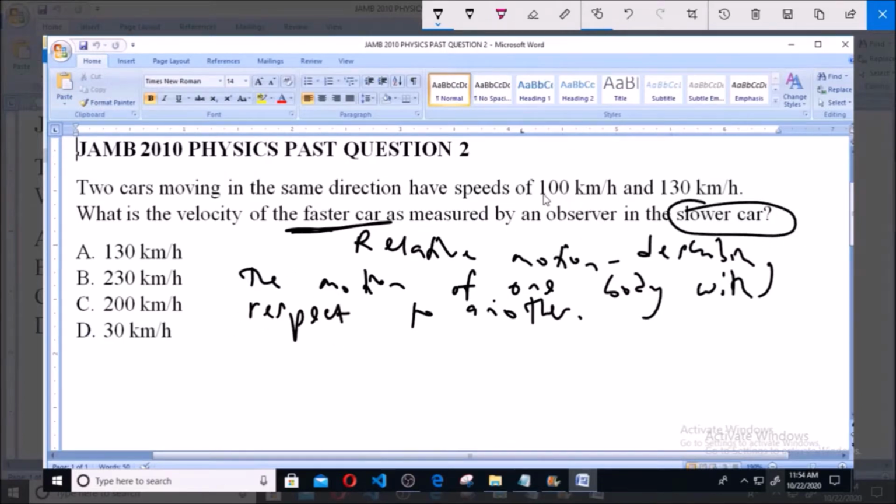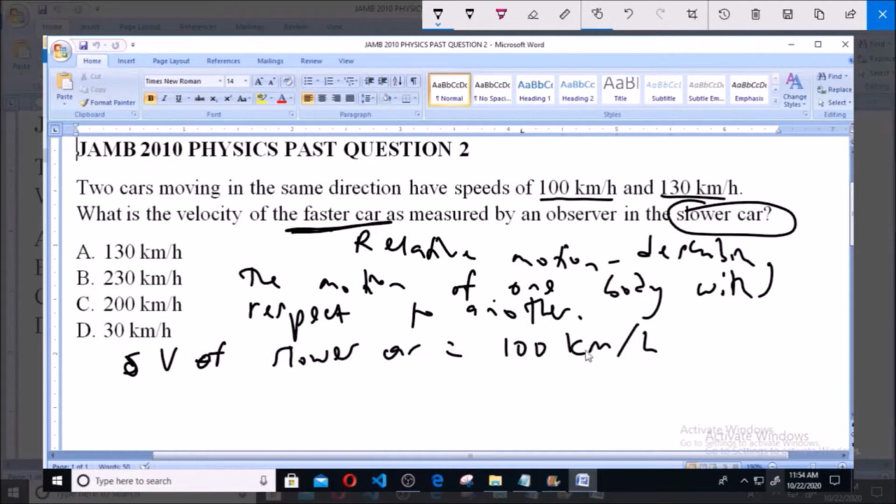Now we are given the velocities 100 kilometers per hour and 130 kilometers per hour. So obviously the velocity of the slower car is equal to 100 kilometers per hour, and the velocity of the faster car is 130 kilometers per hour. Now, in terms of relative motion, if an observer is in the slower car, and they are moving in the same direction, and you are asked to find the